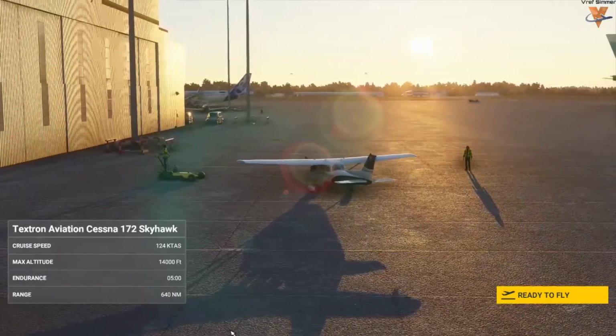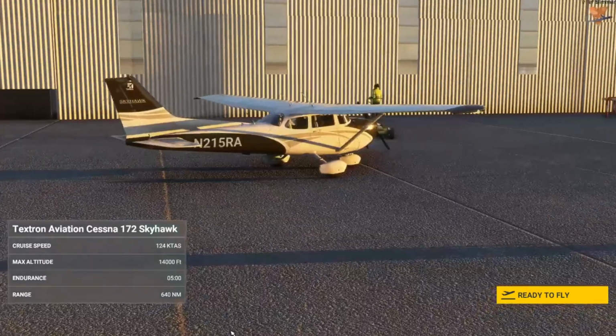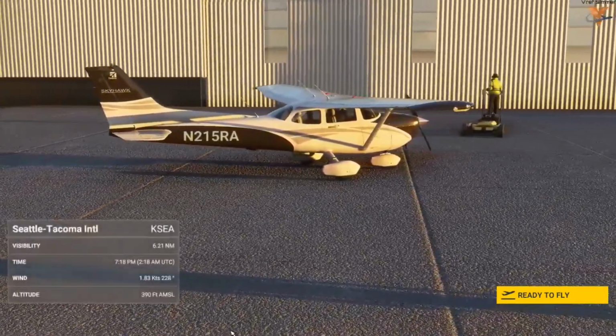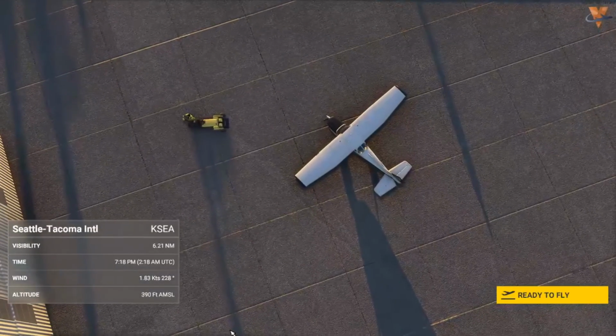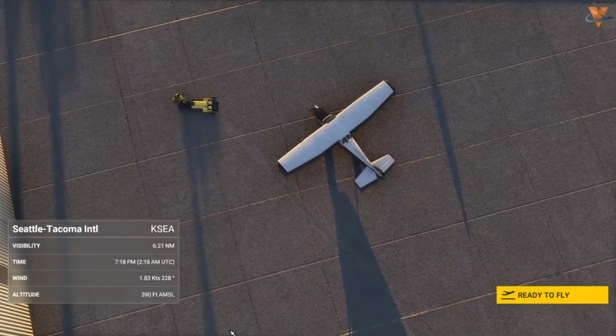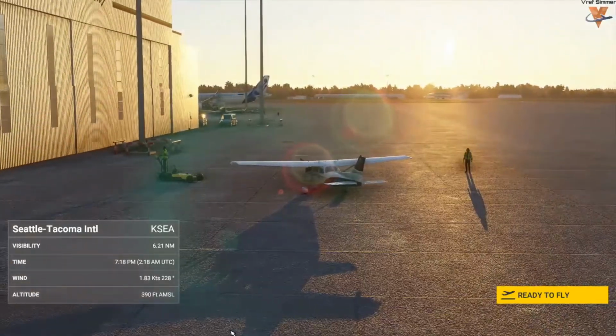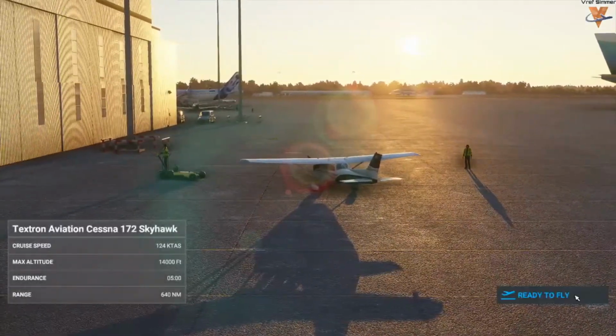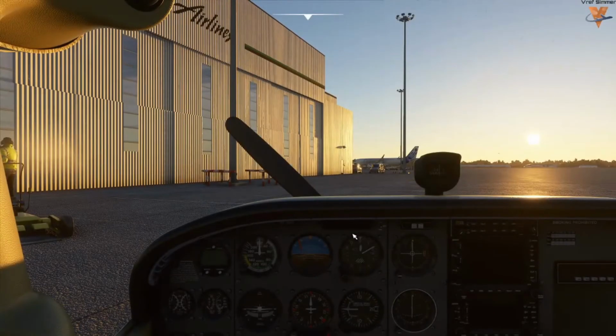Alright, welcome everyone to this first leg of the world tour. We'll be flying today from Seattle-Tacoma International Airport to Tieton State, which is just to the southeast, about 69 miles in Washington State. We'll be going past Mount Rainier and beautiful territory, so let's go ahead and hop into the